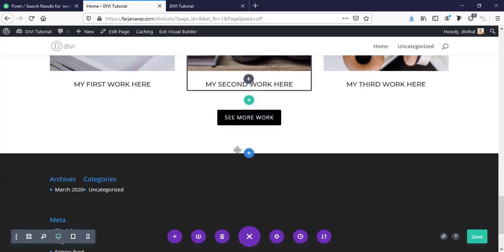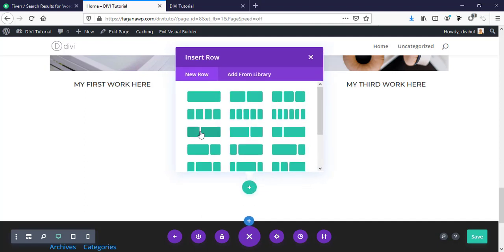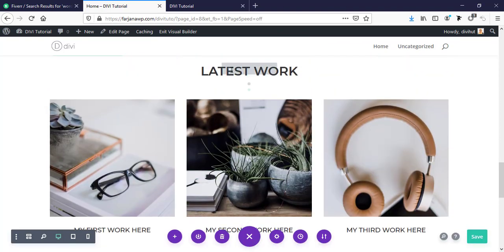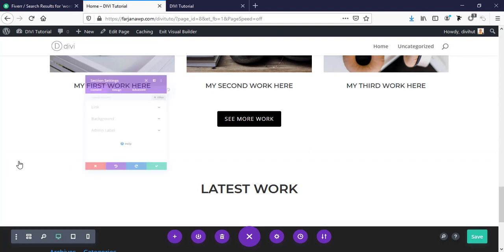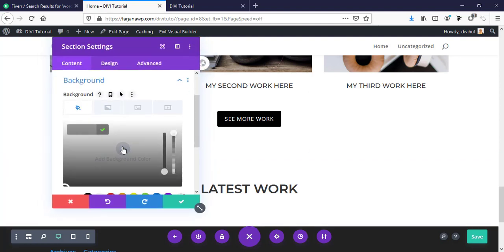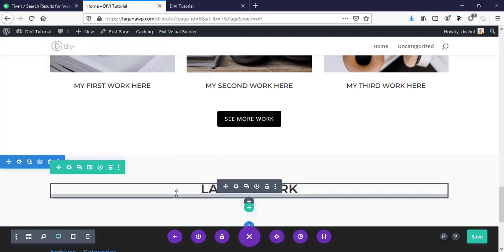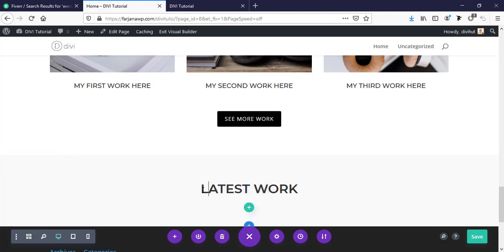And next I'm going to a new section, regular section. Here I want to add some reviews about my work. So for this, first I'm going to add a title, just duplicating it and pasting it here. And for this section I'm going to add a background color. I'm adding a light dark color, just making it different, and save it. And next I'm just changing this text to reviews,